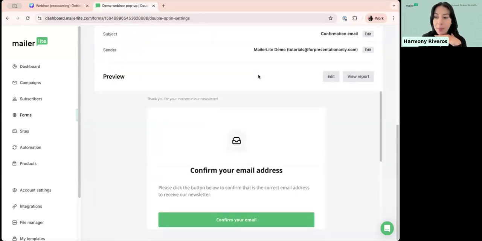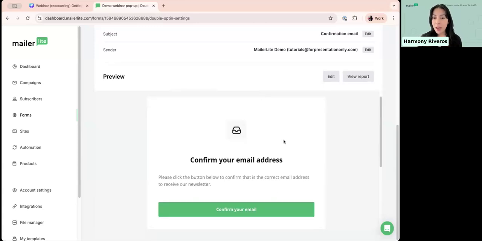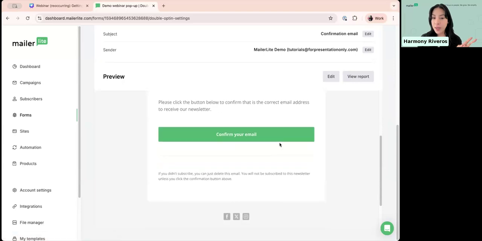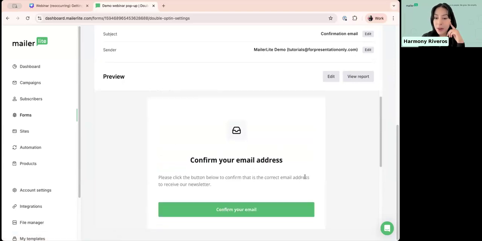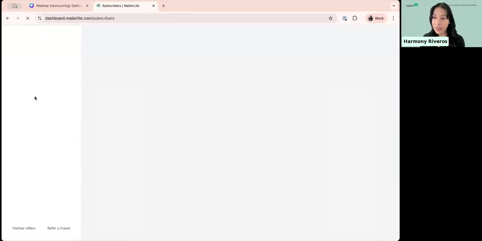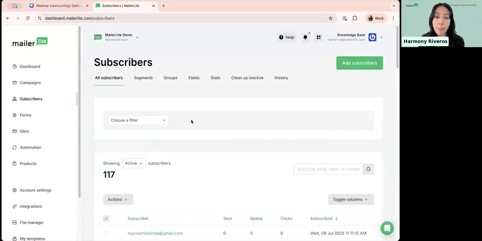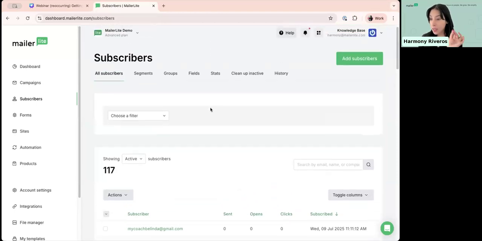So what that means is after they submit their email, their name, whatever they submit, they will receive an email to the address that they put into the form. At that point, they're not technically subscribers yet. If they have just received the confirmation email, you see it says, please confirm that this is the correct email address. If they do not click that at all,